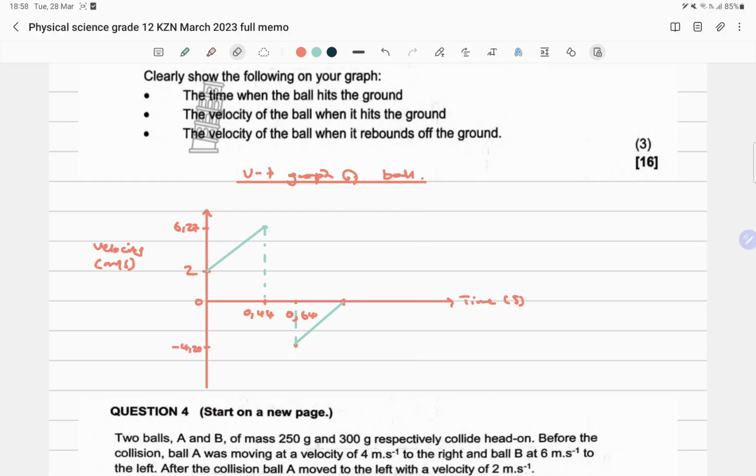They just said the velocity of the ball as it rebounds off the ground. This is the velocity right here, and then the velocity of the ball when it hits the ground, that is the one over there. The time when the ball hits the ground, that is the one. So they did not ask about the time at which it returned to the maximum height, so we can leave